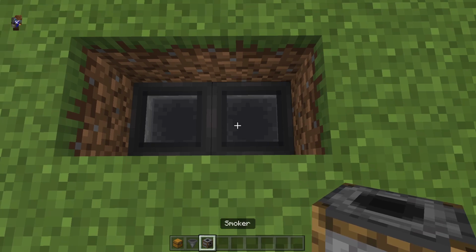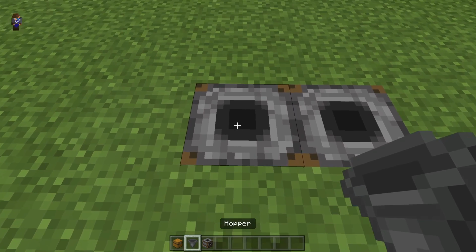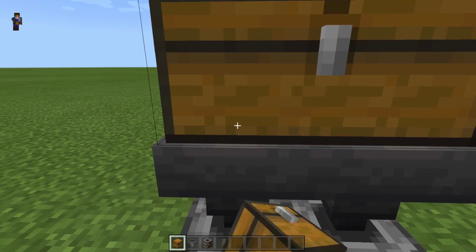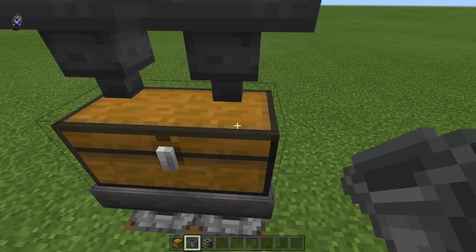Then you want to get your 2 smokers and place them on top of the hoppers. Then on top of the smokers, place another 2 hoppers. And then we want to get some chests and place them on top of these 2 hoppers. And then on top of the chests, place 2 hoppers on top of it,